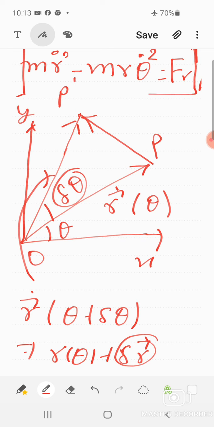And from here, the value of the PP dash vector will be simply equal to r delta theta, having the direction n dash, and this will be simply equal to delta r, and the direction will be corresponding to this, represented by the unit vector n dash. Then